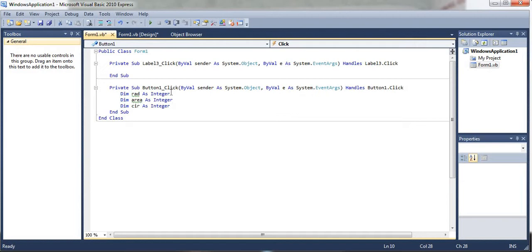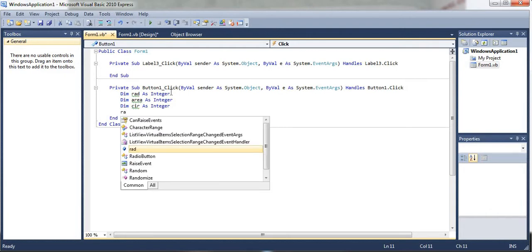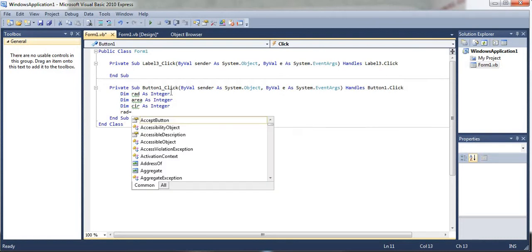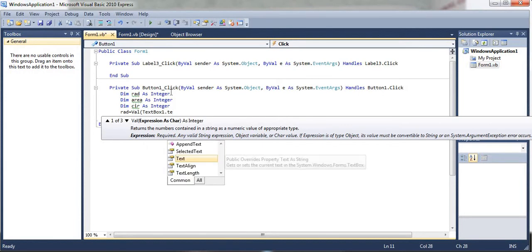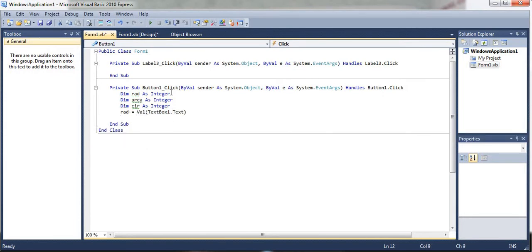Now what operation do I want to do? The user will give the input in text box 1. So in that variable, what do we want to store? The value of text box 1, text box 1 dot text, will be stored in this variable, with equal to.